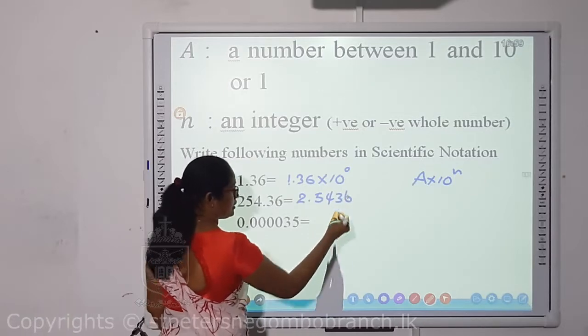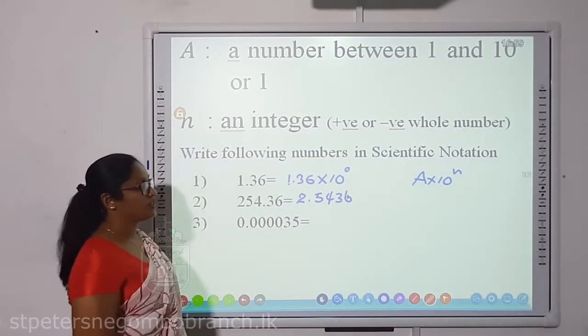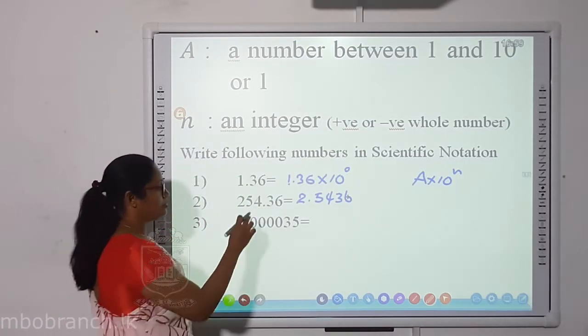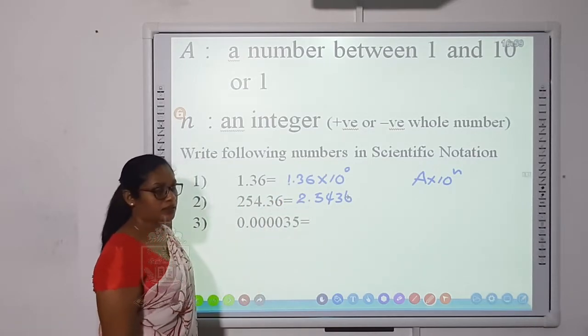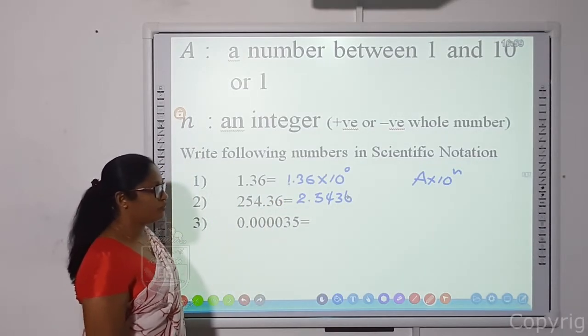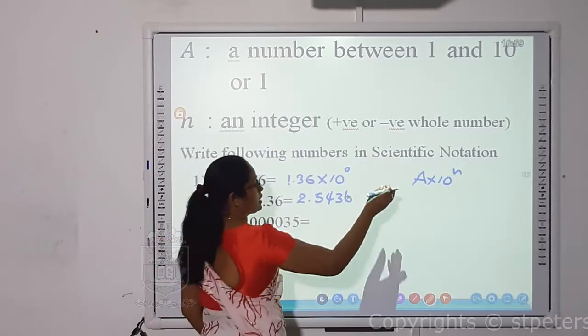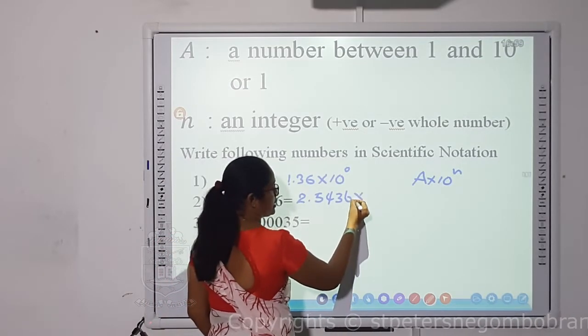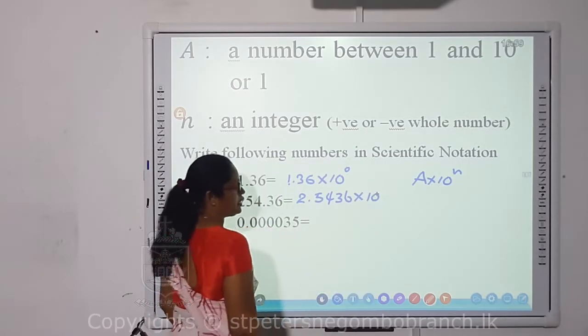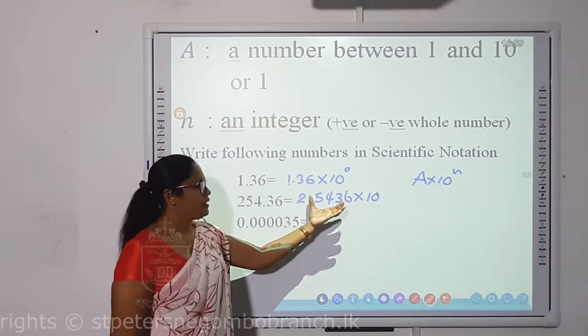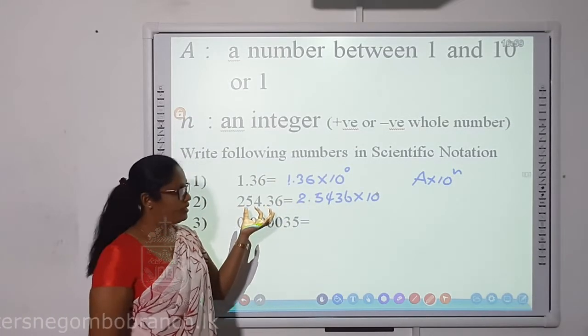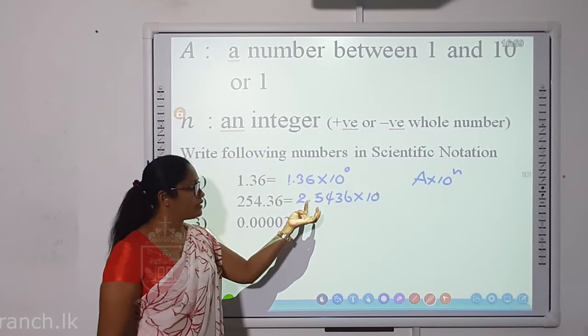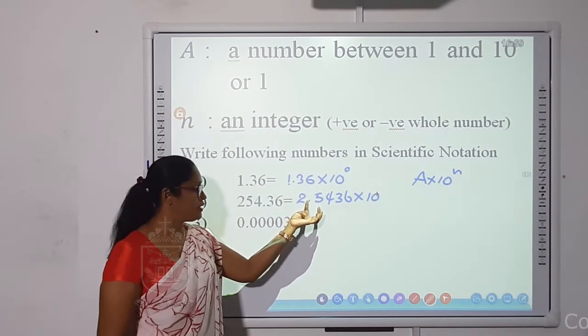2.5436, right? I just wrote it because I want to find A there. Now you know that this is not equal to this. To equate that, we should do something. Anyway, we go to the scientific notation pattern. It is times 10 to the power, right? So to equate this side and this side, we want to shift this decimal place up